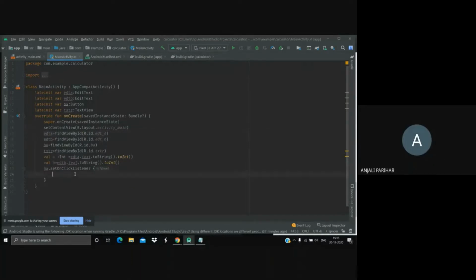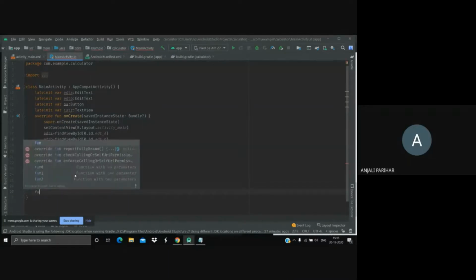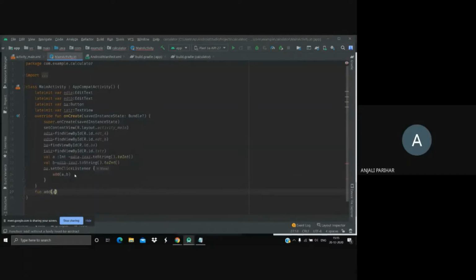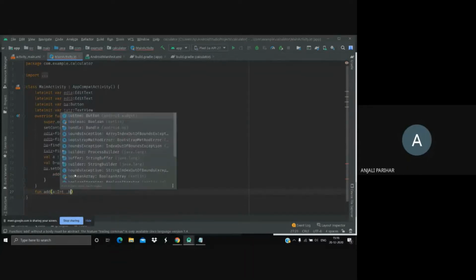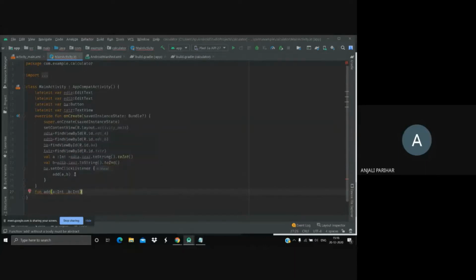So what I want when a user clicks on the add button is to add these two numbers. So let me have a function called add, which will take two variables. Define this function over here. And after adding these two numbers, I'll be returning a plus b.